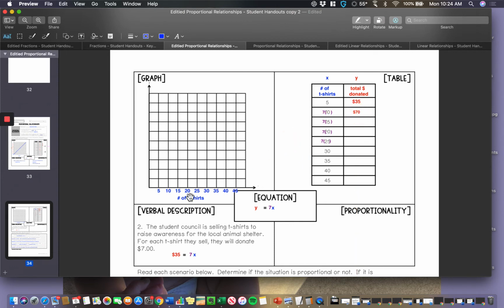So now what I went ahead and did for you on your graph is I represented the number of t-shirts over on the graph over here with the increasing number of t-shirts. So it went up by 5 each time, so I labeled my graph here. So the total amount donated is going to need to be on your y-axis. So whatever the numbers you get after you're done multiplying your equations here, you can place over on your graph over here